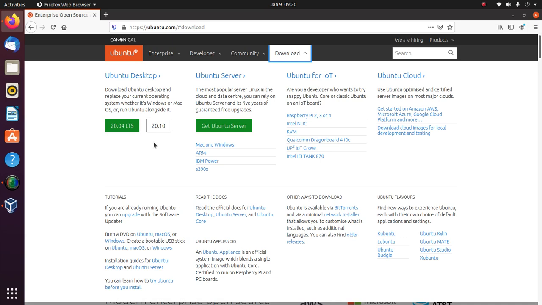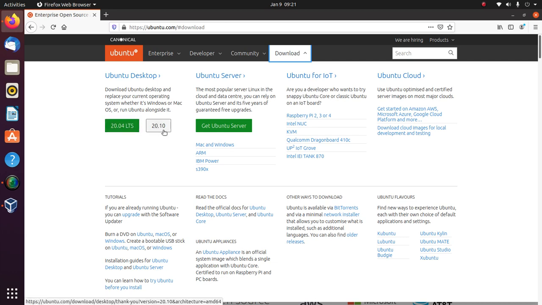In Ubuntu, every year there will be two releases. One will be in April, another one will be in October. So in the month of April of the year 20, which is called 20.04, that is 2020 April, the long-term support version is released.